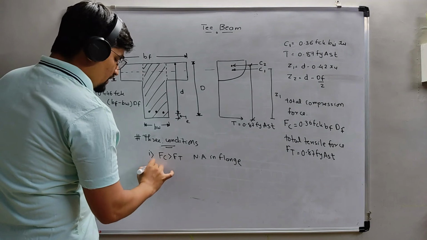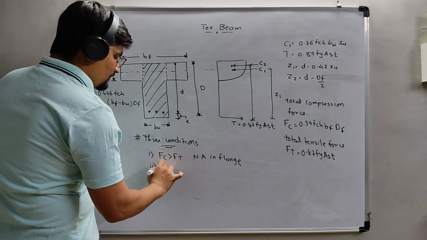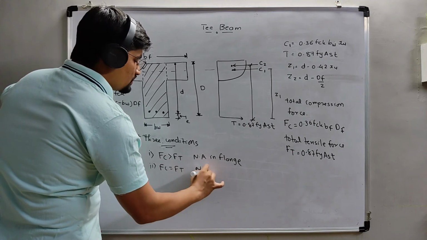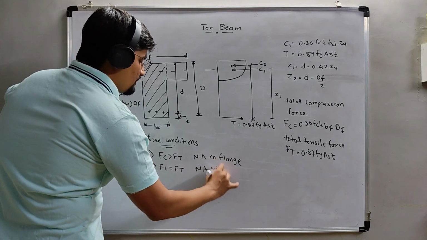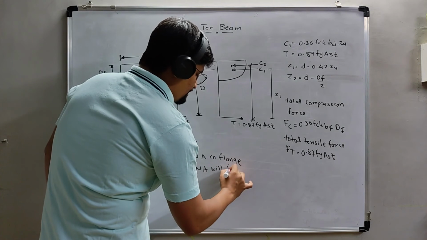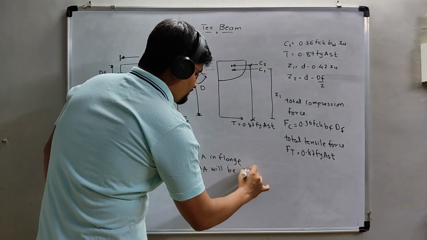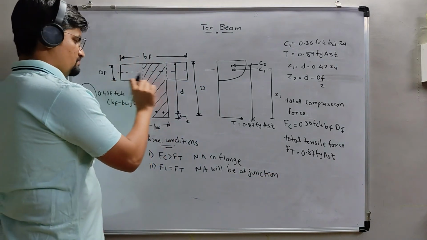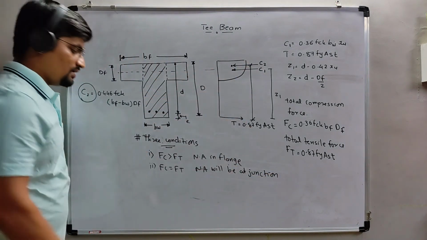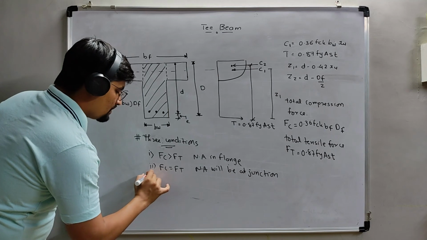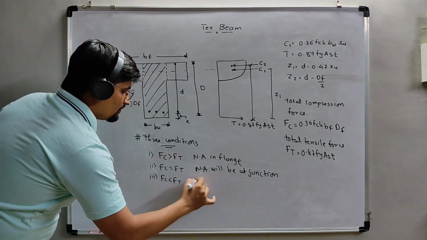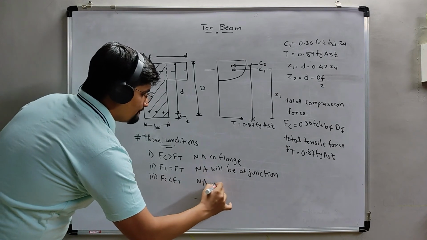If we get Fc equal to Ft, then the neutral axis will be at the junction, meaning here. And if Fc is less than Ft, then the neutral axis will be in